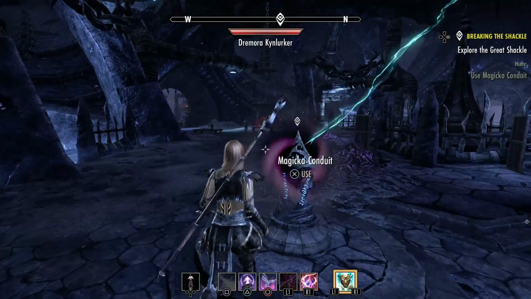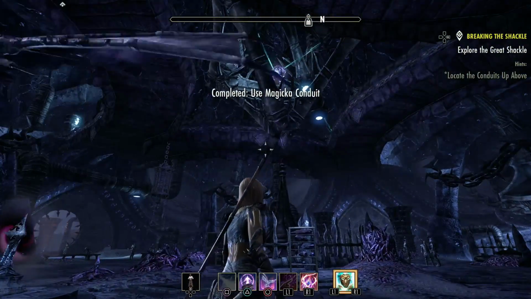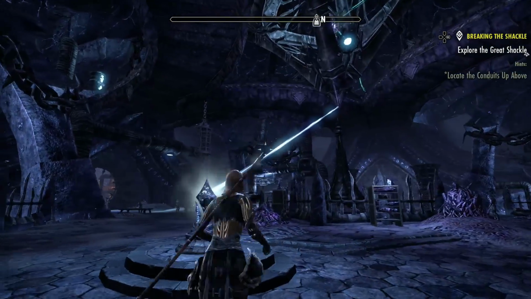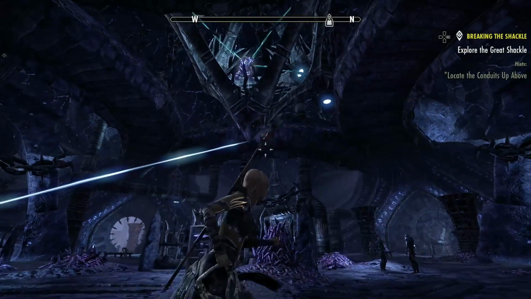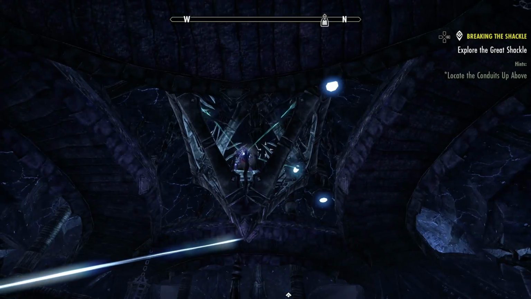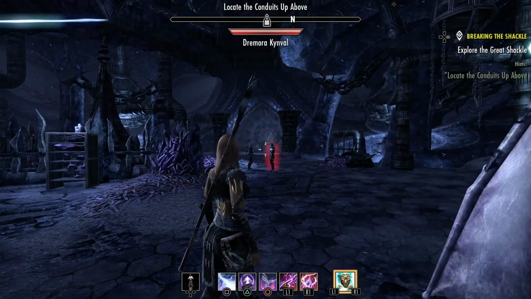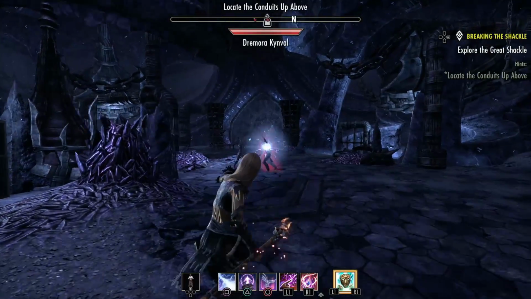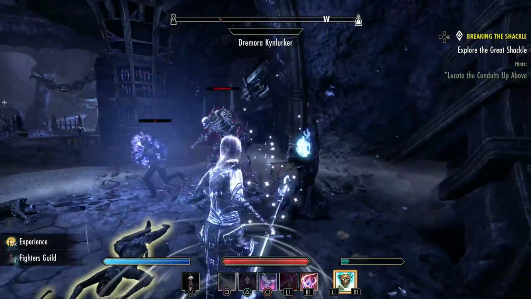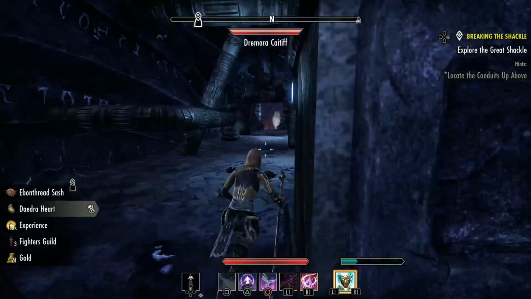Going to the magical conduit, we use it. We see some type of living form up above in the middle of the conduit. Is that a storm Atronach, possibly? I'm unsure. Heading up above, maybe we'll find out. Before we make our way up, we hear...